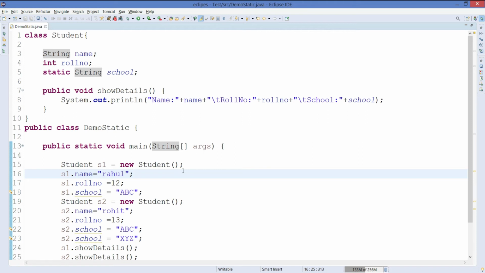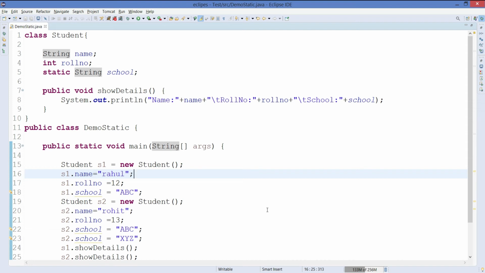So who does that? That is the class loader, and the class is loaded first so that the objects can be created. When the class is loaded, the class loader is going to load all the static members and also execute the static block first. So in that case, there is memory in which we already have a school attribute placed in it, and then the objects are created with only two attributes in them, that is name and roll number.